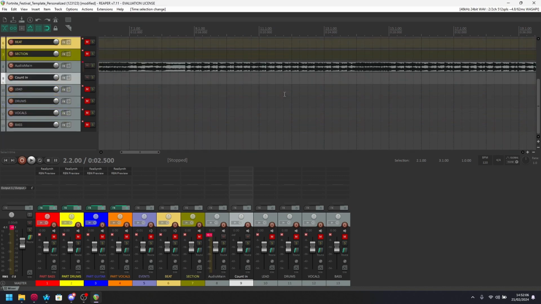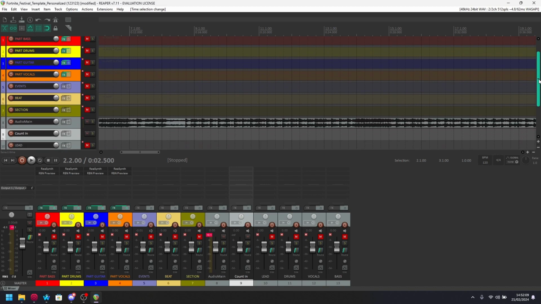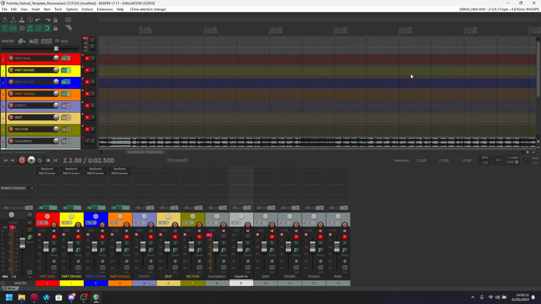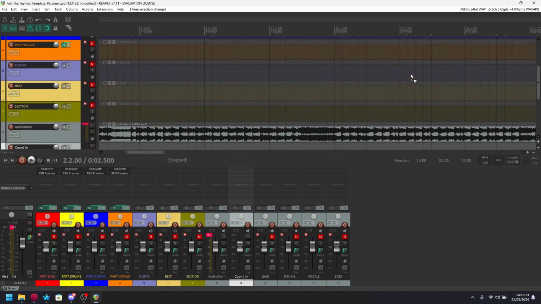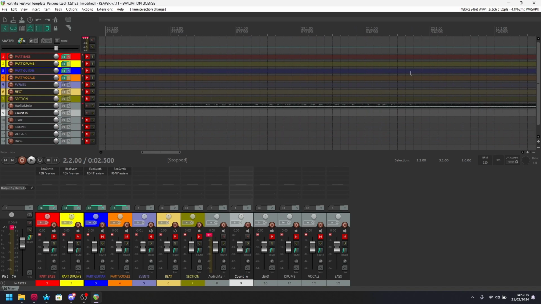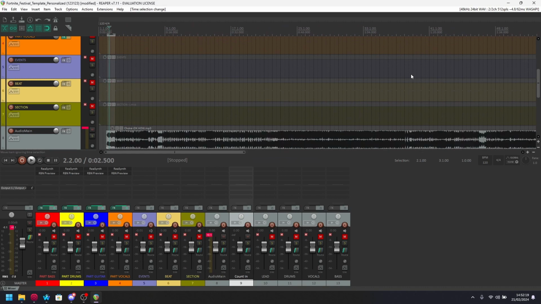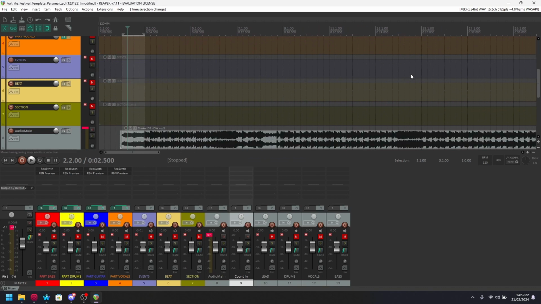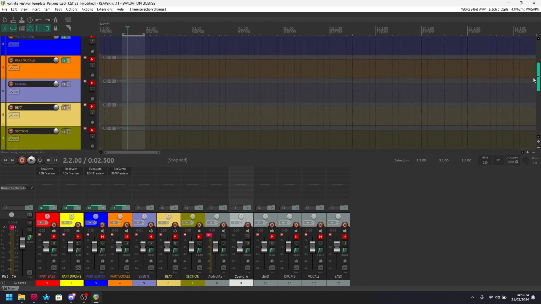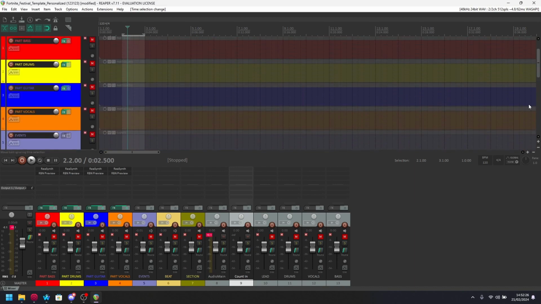Alt, shift, and scroll, I guess. I'm not sure if that's the way. That zooms. That's control. This is alt, which is controlling position. Yeah, but just scroll up and down, try to figure out